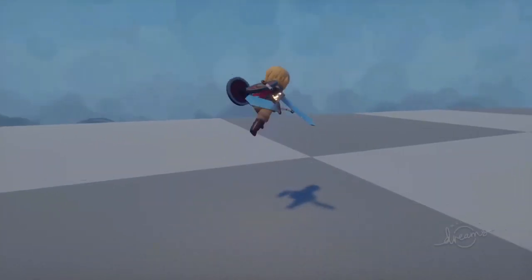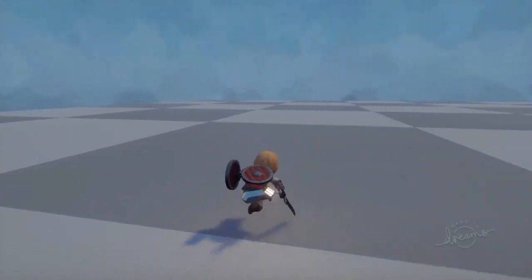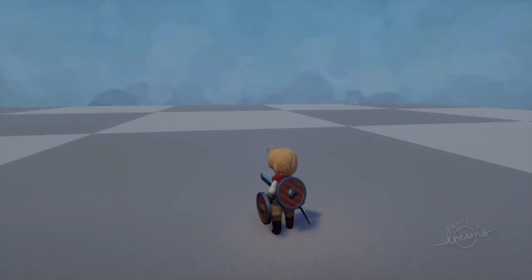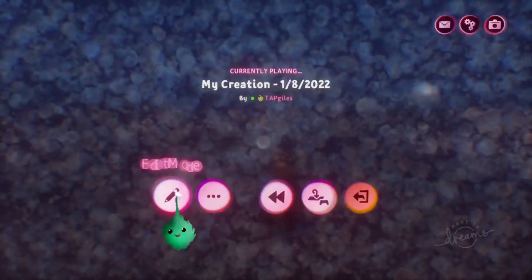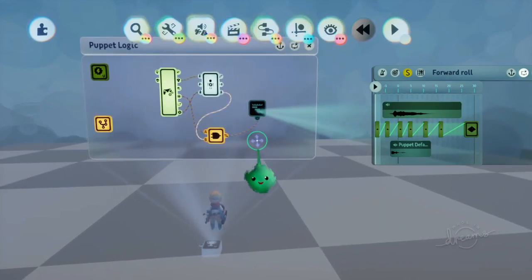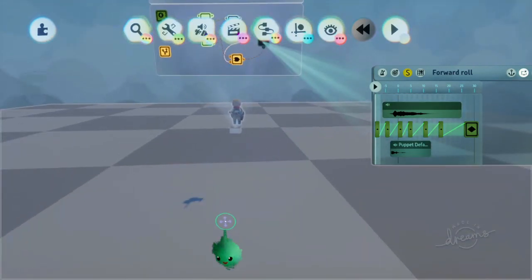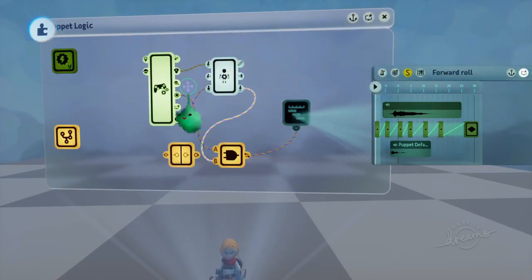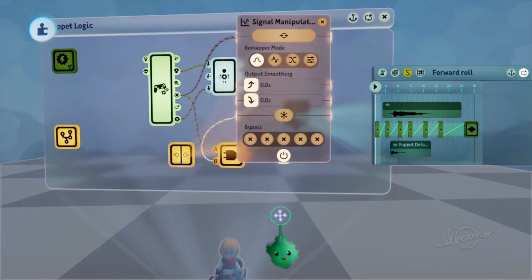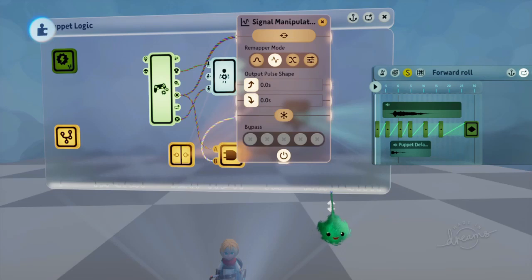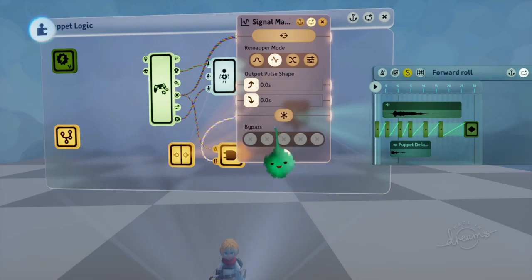So now I can be in the air and it doesn't work. But if I'm in the air and then hold circle, then when I get to the ground it will play, because now I am on the ground and holding circle. So maybe you want to trigger it and say only do that if I start pressing circle while I'm on the ground. So we know if we start pressing circle by wiring that into a signal manipulator, and we can put that into pulse mode, and that means when I go from not pressing circle to pressing circle, give a pulse, which is a short